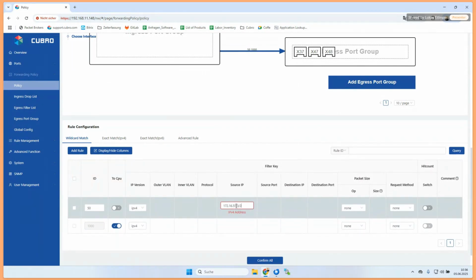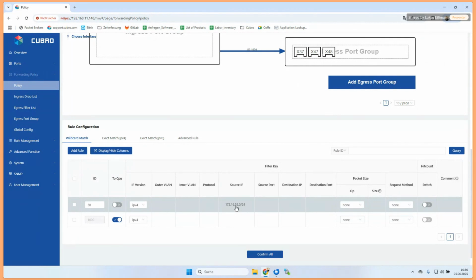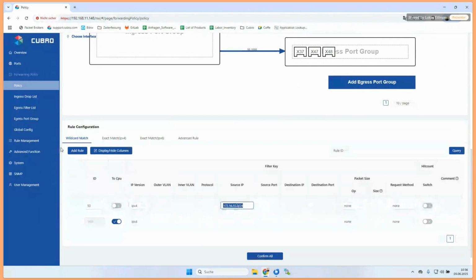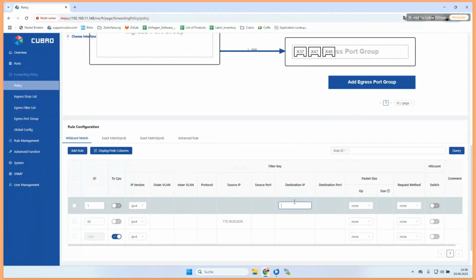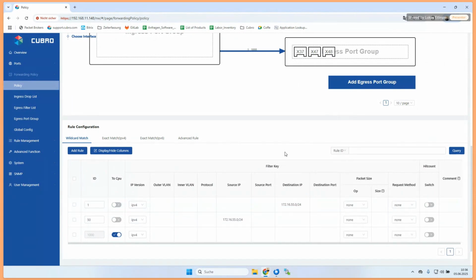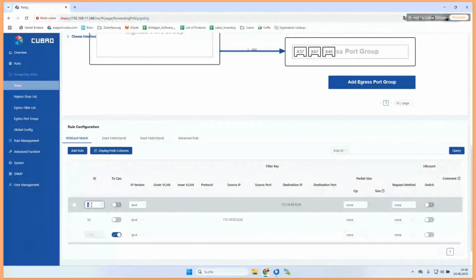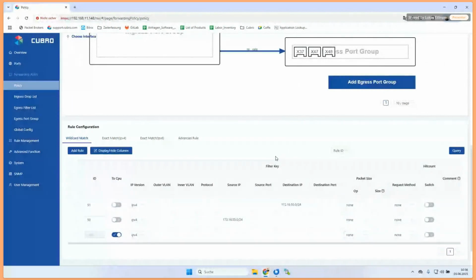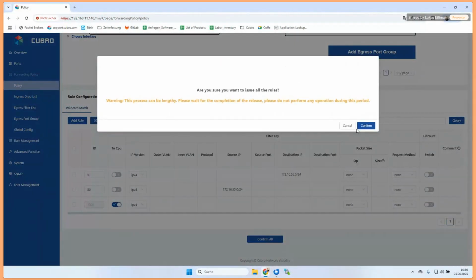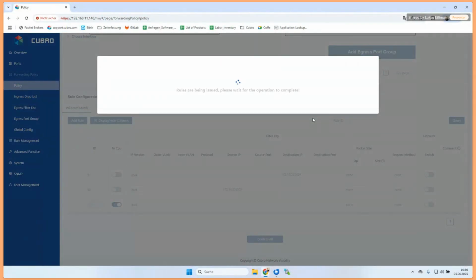55 something, 24. And all the traffic from also the backwards direction, this traffic I want to have at my analyzer. And with this configuration, we can just click confirm again. This configuration will now make sure that the traffic of this specified IP destination is going to my instant capture,